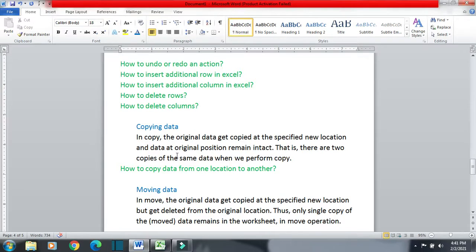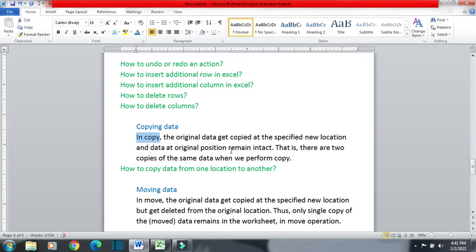Now our next topic is copying data. If I want to copy data from one place to another, meaning I want to create two copies of the same data and paste this copy at another location, I can go for copy. In copy, the original data gets copied at the specified new location and the data at the original location remains intact.